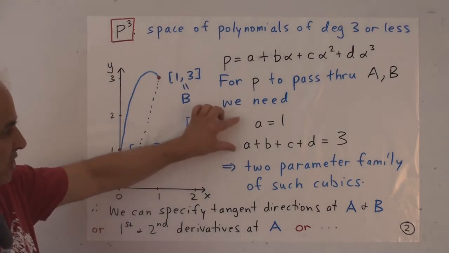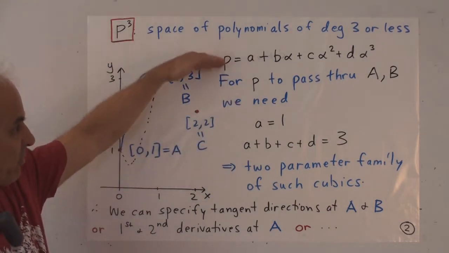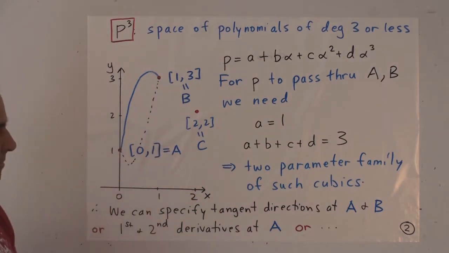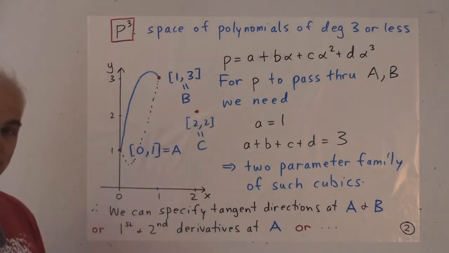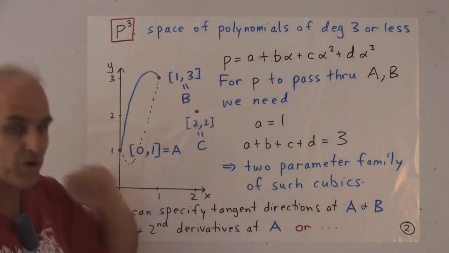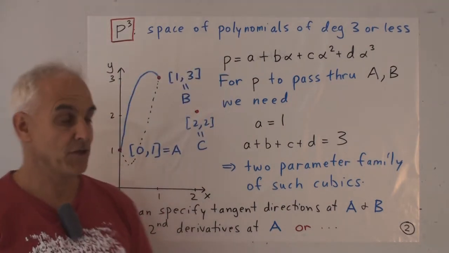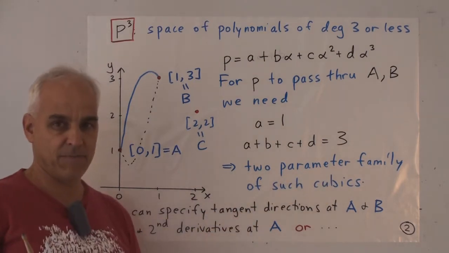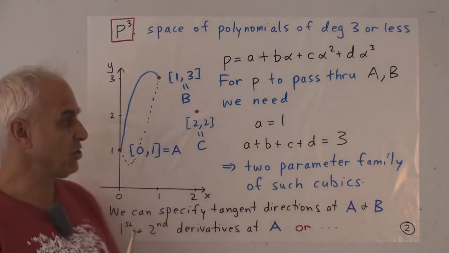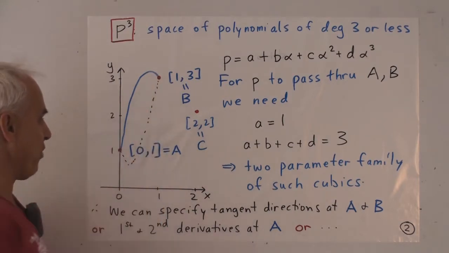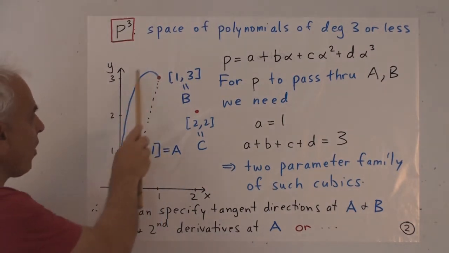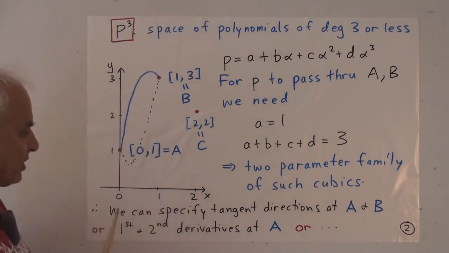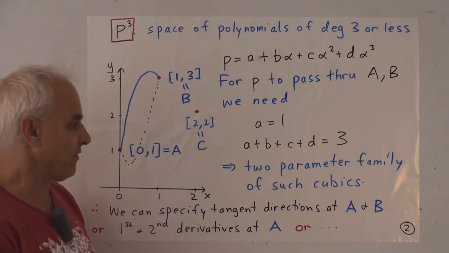So those are the two conditions necessary for a general polynomial like this to pass through those 2 points. And there's only those two conditions, and we started with 4 degrees of freedom. So there's really a 2-parameter family of such cubics. We have some freedom in choosing cubics that pass through these 2 points. Maybe this is one of them, maybe this one is another one, and there's quite a lot of them. There's a 2-dimensional family of such cubics.